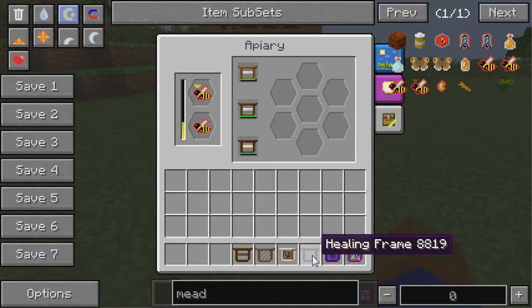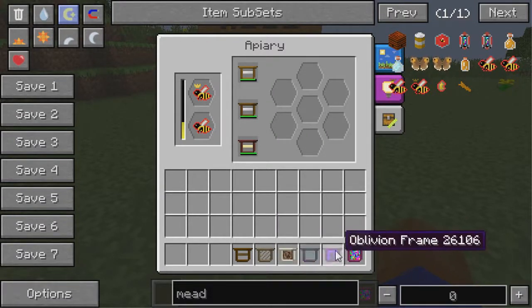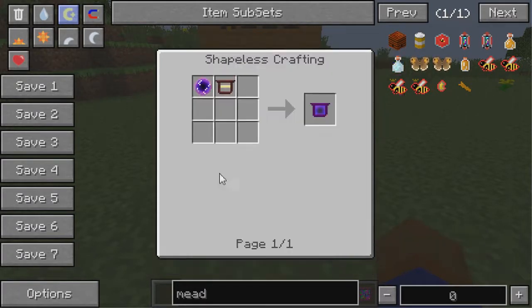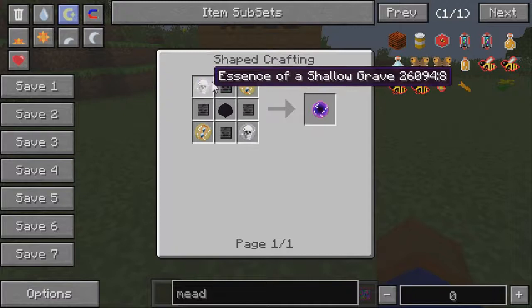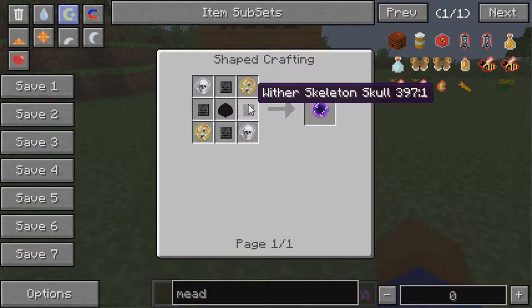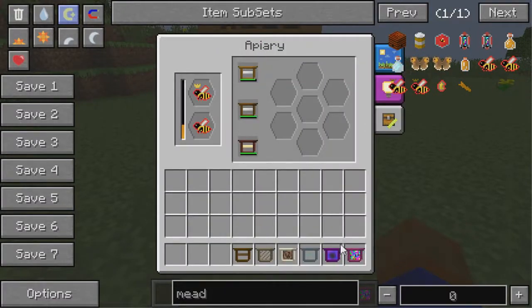The healing frame is going to increase the lifespan by 1.5, but bring down the production by 0.75 and bring down your mutation by 0.5. Now we have the Oblivion and the Nova, and the Oblivion is made from this essence of scornful oblivion, which is made from a dragon egg and all this other stuff. Very expensive to make. You can also find it in dungeon chests, but it is a part of Magic Bees,